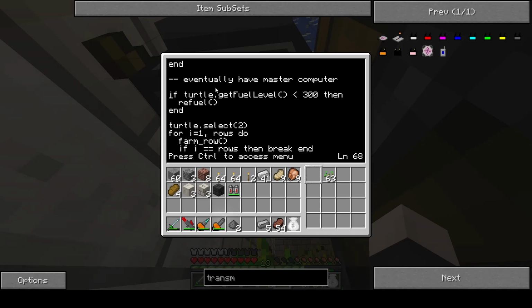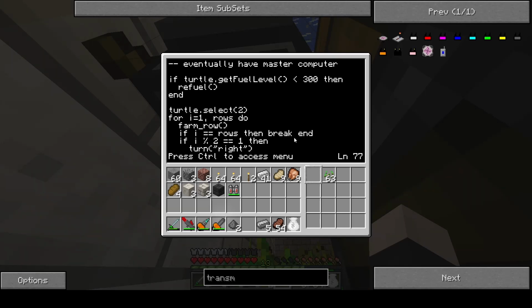But basically what it does is the first thing it will do is get the current fuel level, and then if it's less than 300, which is about the amount of fuel that this run takes, it will refuel. It will then select the number 2 slot, which as you can see holds seeds, and then it will farm rows. So I have a variable rows set at the very top, and that is set to 7. So this loop will run 7 times. And so for each row, it will farm the row, and then if it gets to